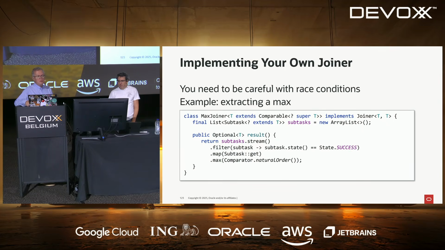And there's this other method called result, and the result of this result method is actually called by the join method to produce its own result. So when you pass a joiner to the opening of a structured task scope, you can actually also produce your result within this joiner and directly return it with the join call. So it may lead to code that is a little more complex, but it also allows you to really unit test your business code, and this is business code, in isolation of the structured task scope itself, which is probably... Yeah.